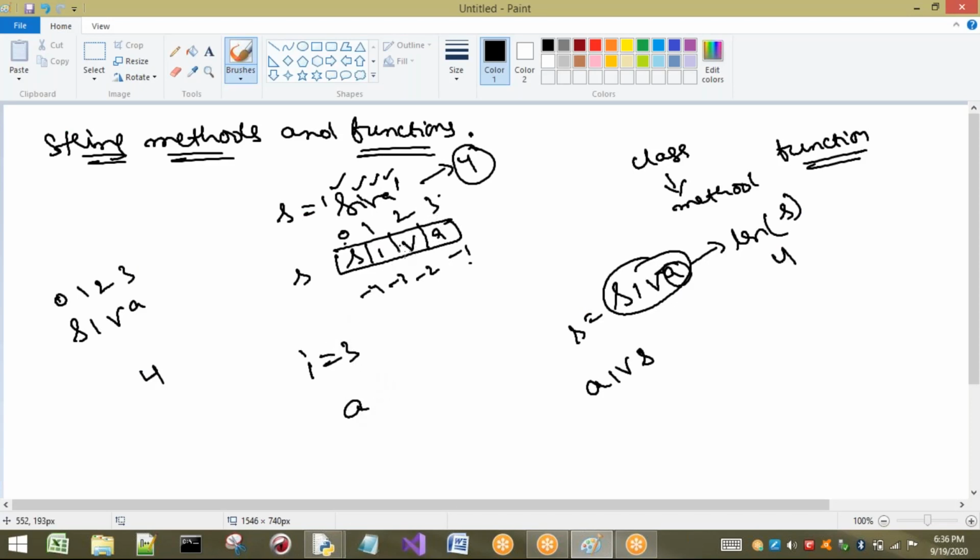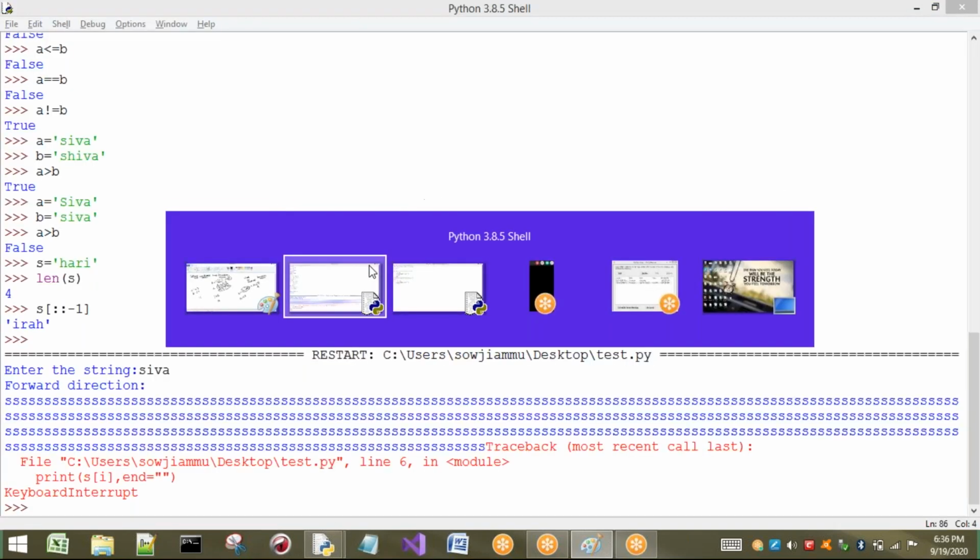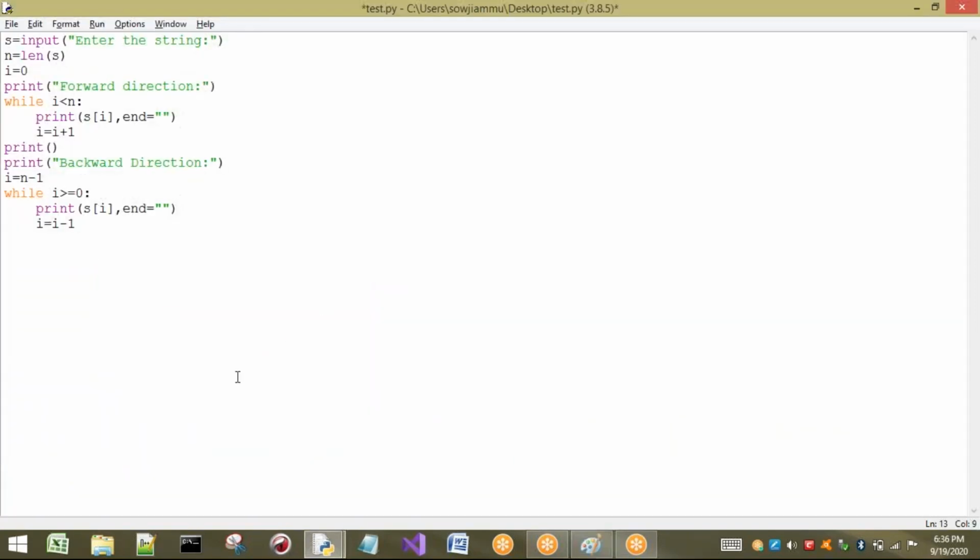Next, what will be printed? v should be printed. I am not considering negative indexes here; I am considering only positive indexes. If I go to the slice operator directly, I can take this one, no problem. So next, what do I have to print? 2. That means the i value has to be decremented. So the i value becomes 2. So again it will go to the while loop.